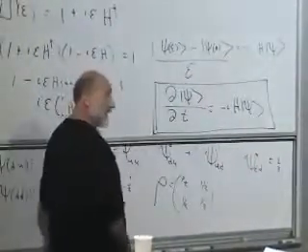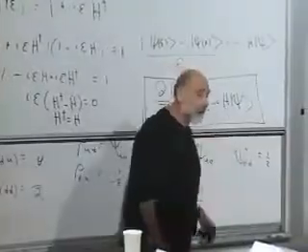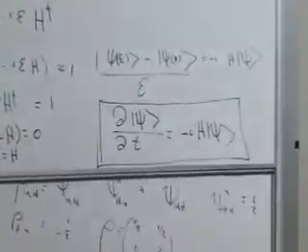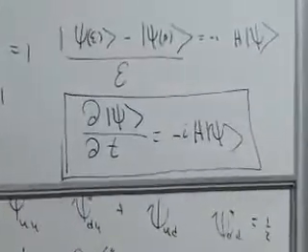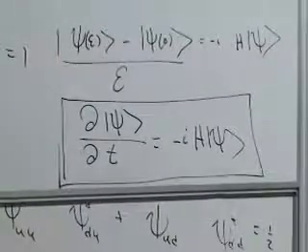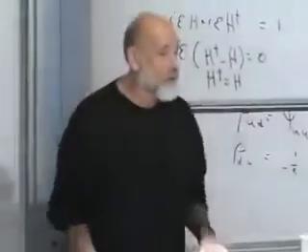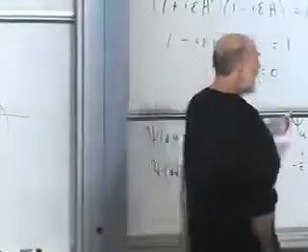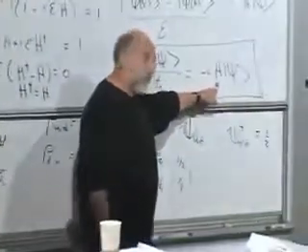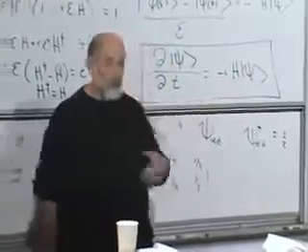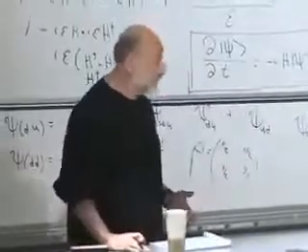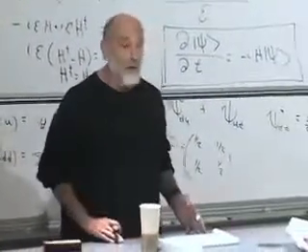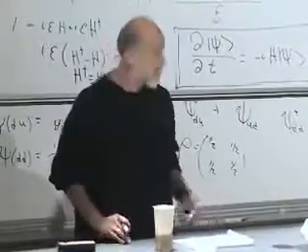Of course, you may get to pick what H is. I haven't told you what H is. H may depend on a particular setup. For example, H may depend on the magnitude of a magnetic field. It could depend on all kinds of things. The only thing we learn from general principles is that the Hamiltonian should be a Hermitian operator. A Hermitian operator has eigenvalues and eigenvectors, and the eigenvalues are called the energy levels.